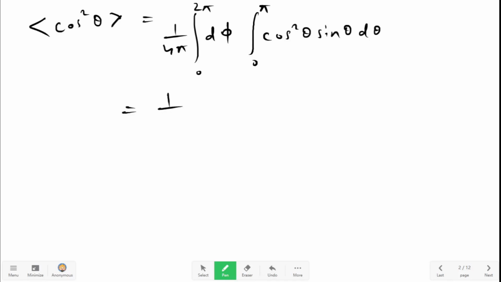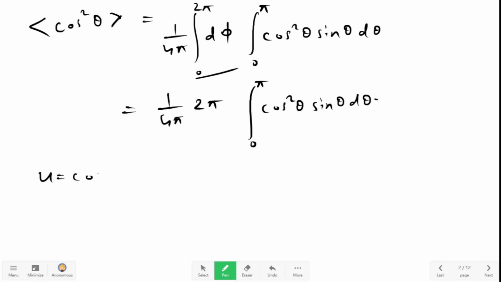This is equal to 1 by 4 pi. When you integrate over phi, you will get a 2 pi, integral 0 to pi cos square theta sin theta d theta. If you put u is equal to cos theta,